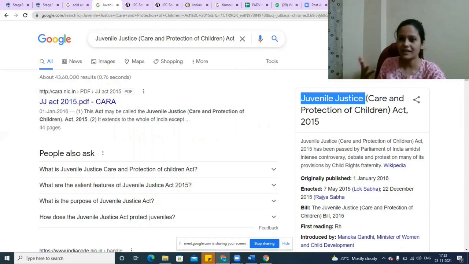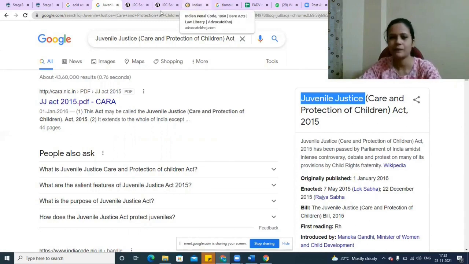Mainly because the person is a child, right? He has his entire life in front of him. So they do not want to send him to regular prison where he might mingle with other criminals. They want to send him to a rehab center so that the child can reform himself. That was the provision.